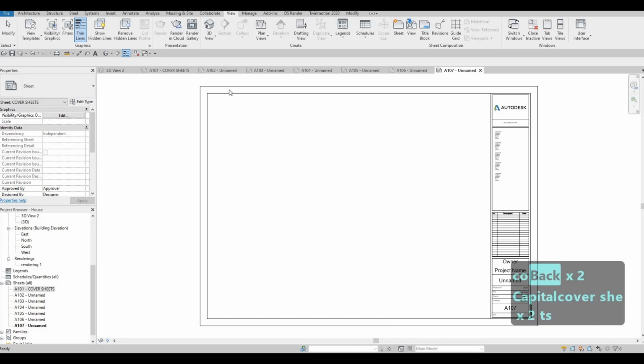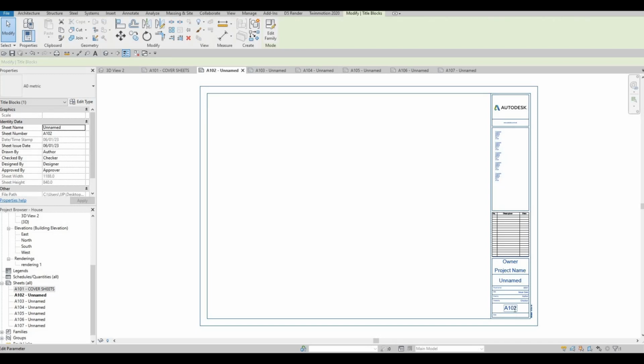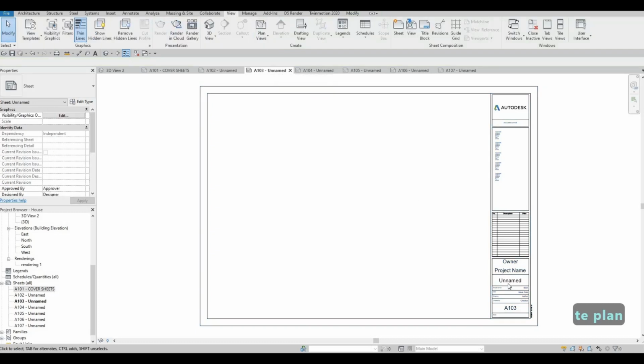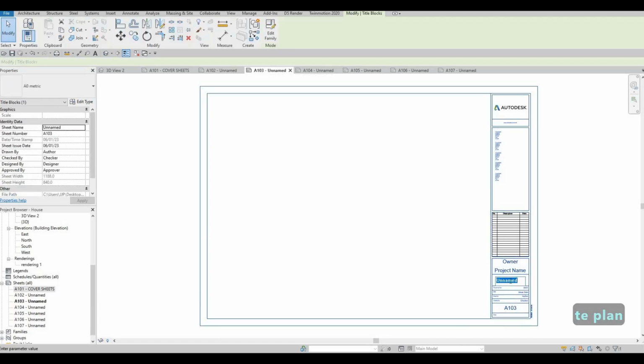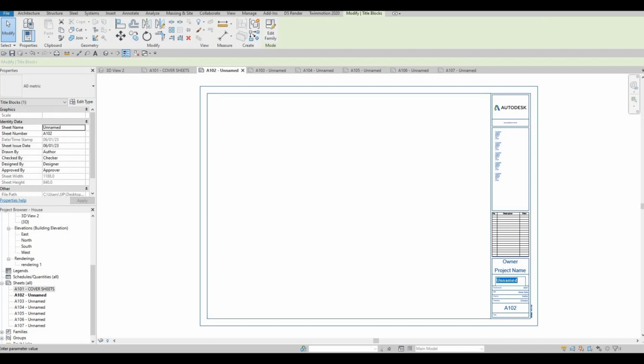And if you go to A102, you can change it also right here, and then also here. So this one we're going to put site plan. Next, you could go right here as well. This one should be after site plan. So here we did site plan, and then we have our first floor,